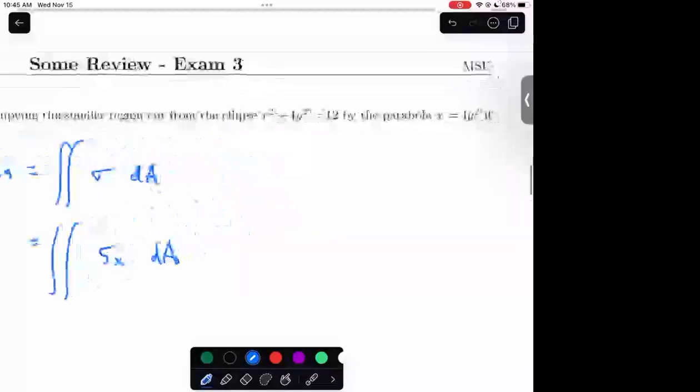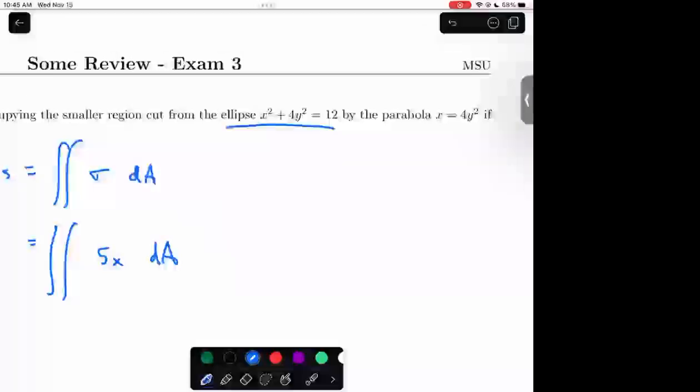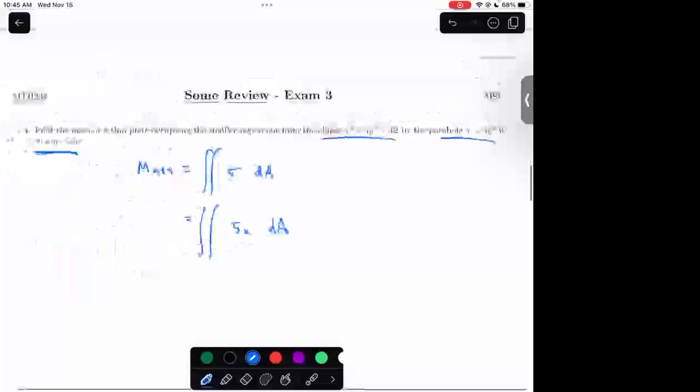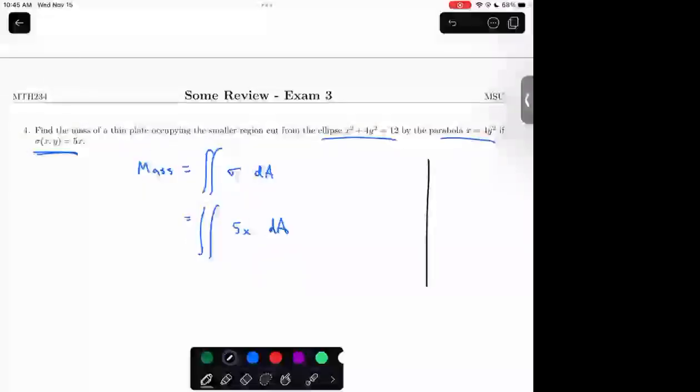So it has mentioned that we have an ellipse. Of course, maybe we can remember from 12.6, and even without the statement that this is an ellipse, we could identify it just because there's x squared and y squared, and they're both positive. And then we also have a parabola. And again, even if it didn't tell us that, we could get from the sketch that this is going to be a parabola. So when it comes to ellipses, if I want a moderately good picture for what my ellipse